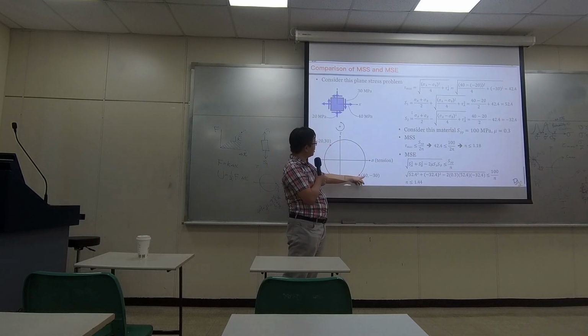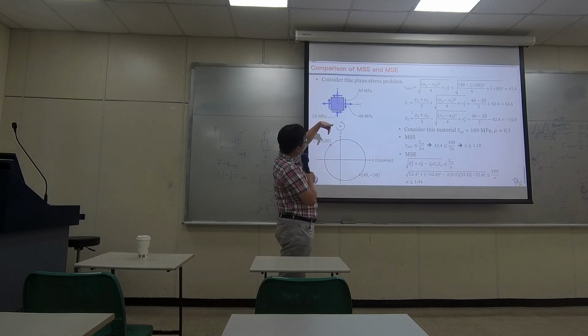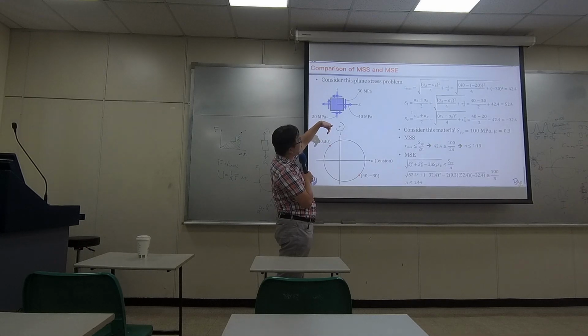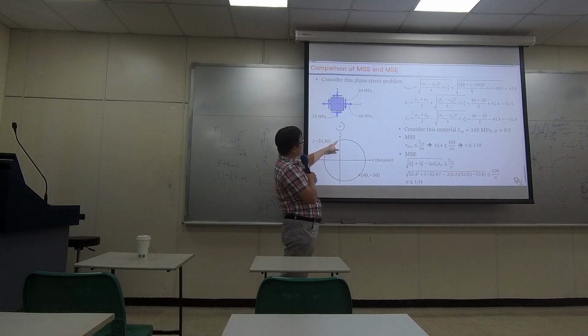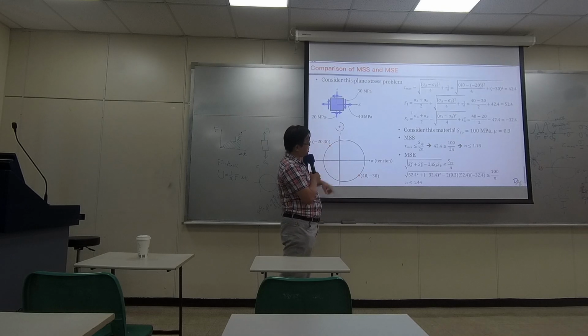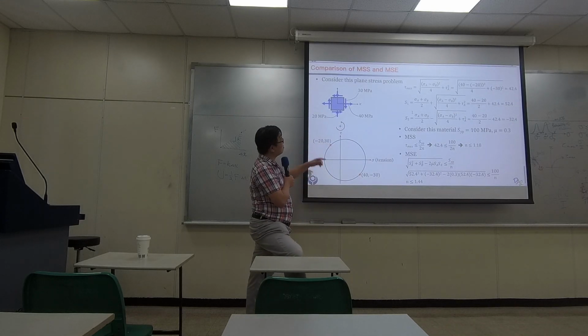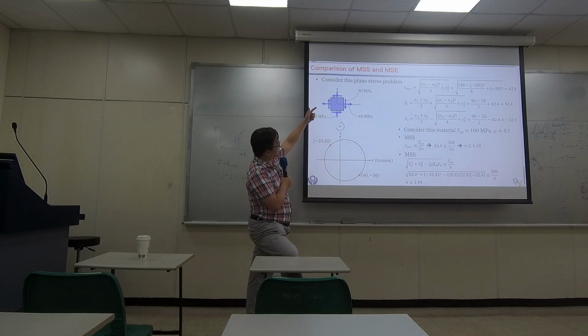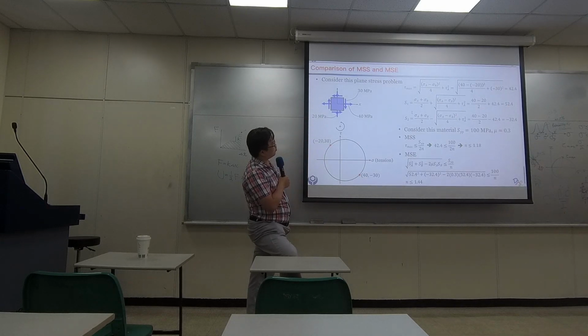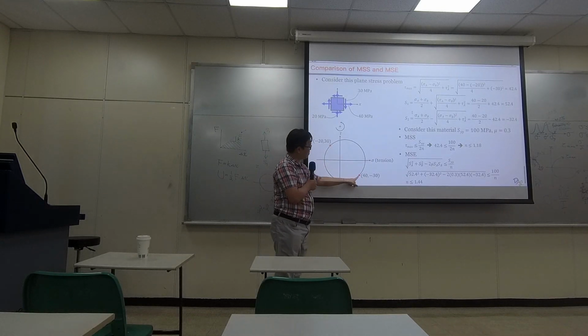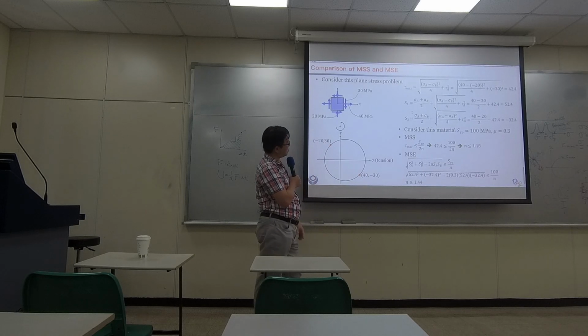So here's 40, and you have clockwise 30 megapascal shear stress. In my coordinate, I say counterclockwise is positive, then my clockwise shear stress is going to be negative. Okay, so negative 30 right here,